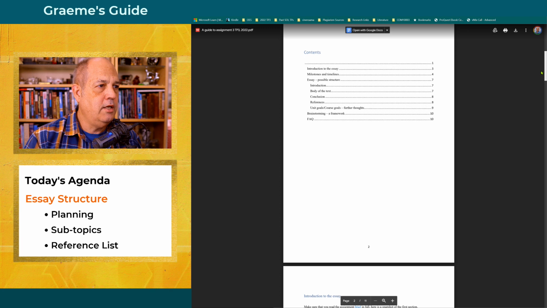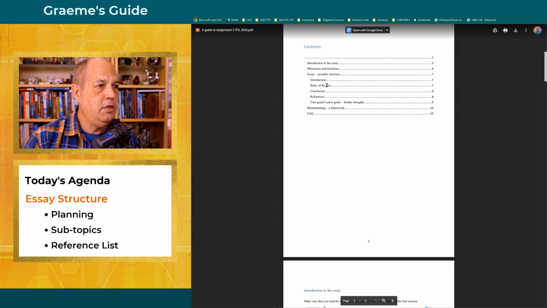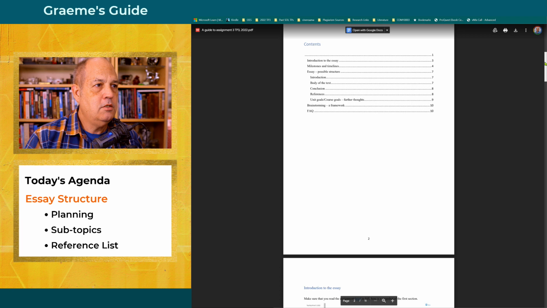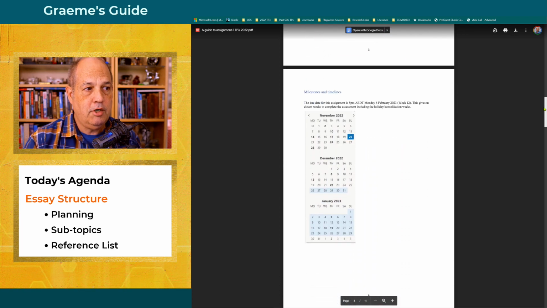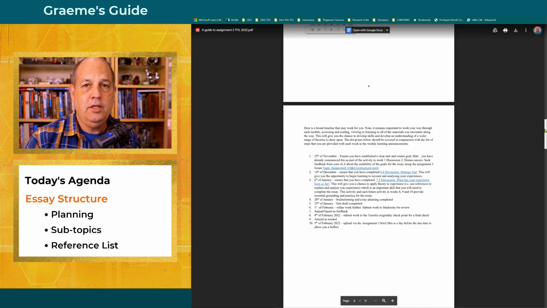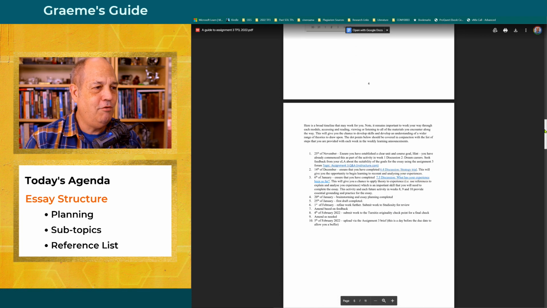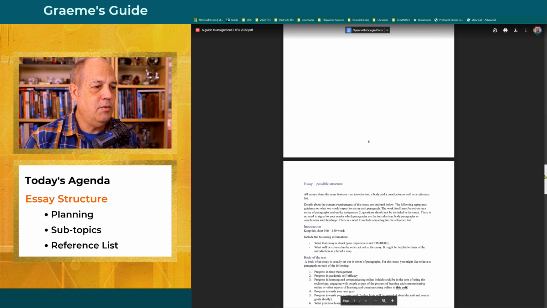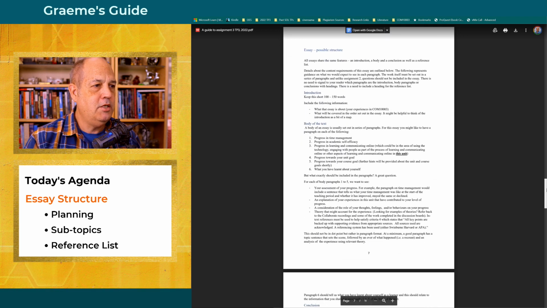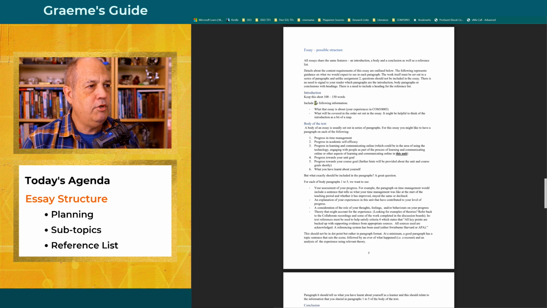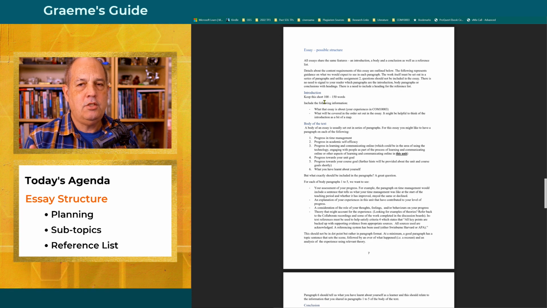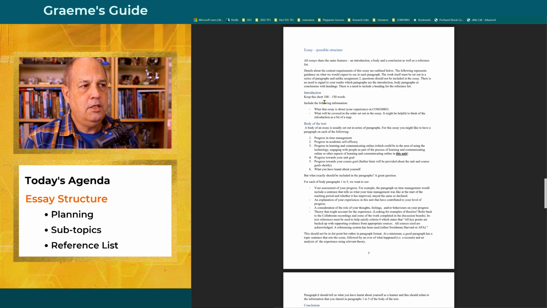So I'm just going to scroll down to the body of the text, page 7. These are just suggestions for structure. I've also got a suggested structure a little bit lower in that assignment 3 discussion forum. So Tanya said provide an introduction. Because there's so much to be discussed in this, it's probably a better idea to keep your introduction short, which Tanya has mentioned here, say 100 to 150 words.